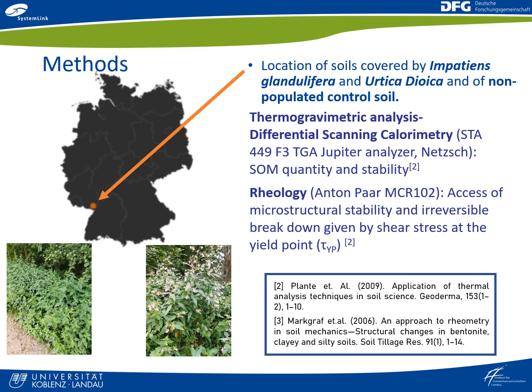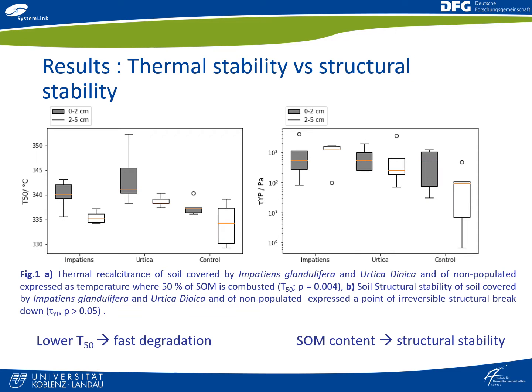In order to understand the soil organic matter dynamics, we used thermogravimetric analysis and differential scanning calorimetry to assess the soil organic matter quantity and also the thermal stability. Additionally, we also wanted to understand the microstructural stability, so we also ran soil rheology experiments where we assessed the shear stress at the yield point, which provides us information on the structural breakdown of soil aggregation. We ran the analyses for 2 different depths of soil to understand how the root structure actually affects the soil